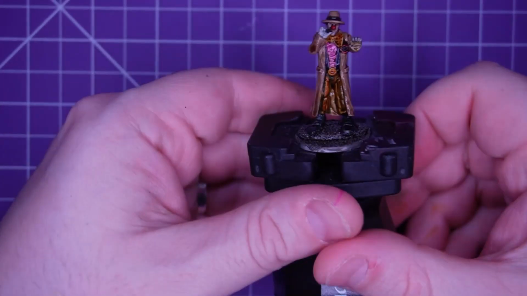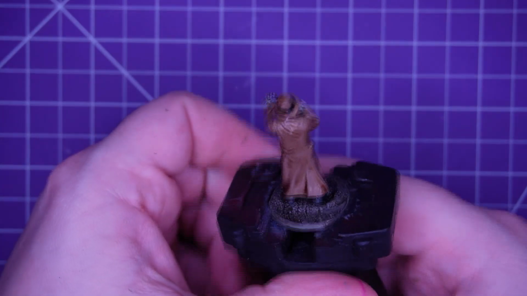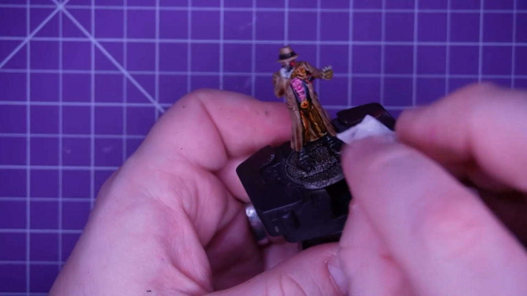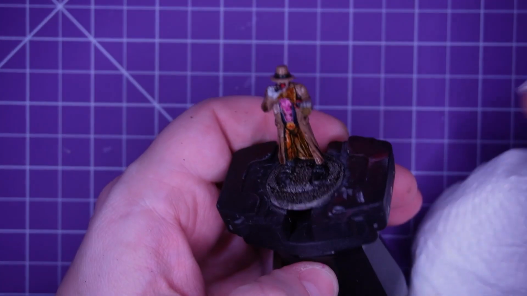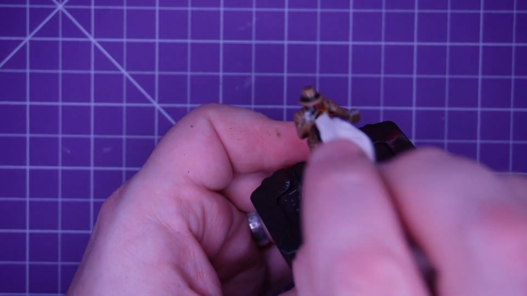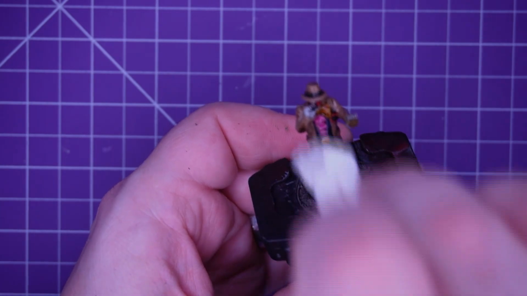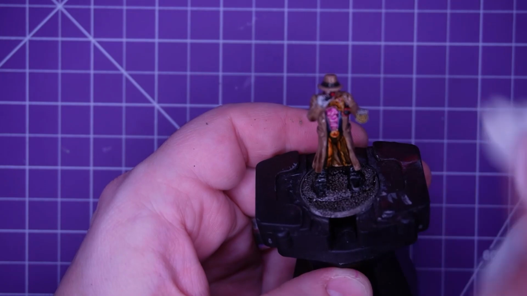I leave it for a minute or two. Give it a little check over. I am worried about some pooling in some of the areas, so I just grab a little bit of tissue. See if I can fix some of the flooding. Also pick out areas that I want to look a little bit more defined and highlighted, like the edges of the trench coat,